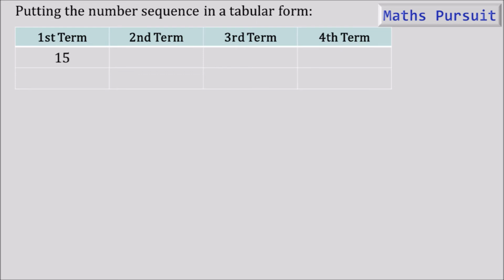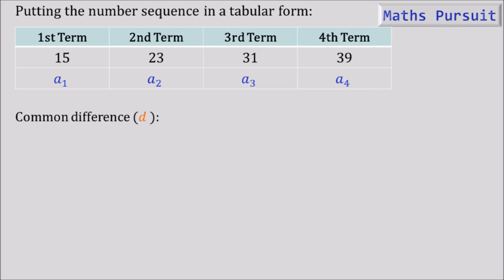Now putting 15, our first number, in the first term, second term is 23, third term is 31 and fourth term is 39. So guys, we just inserted these numbers that we got above into the first term, second term, third term and fourth term. Now naming: first term is A1, second term is A2, third term is A3 and fourth term is A4. To make our calculation easy, we are making it A1, A2, A3 and A4. Now guys, let us find out the common difference.